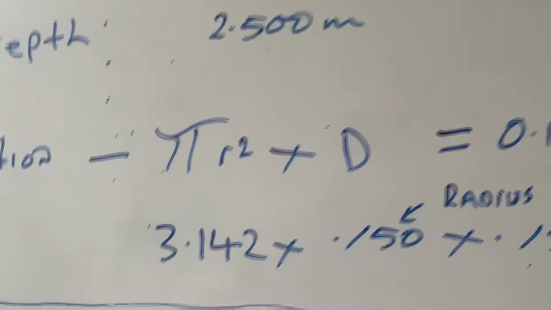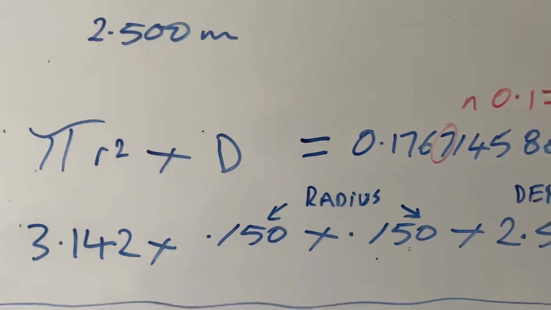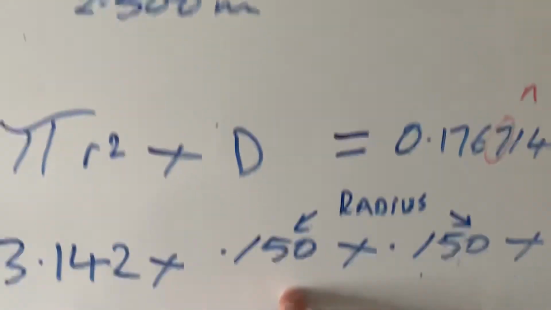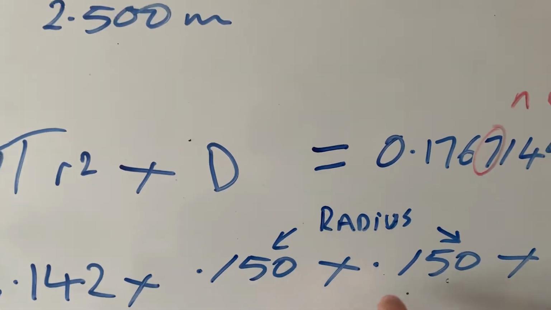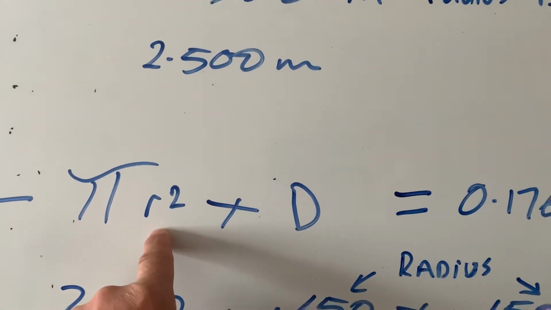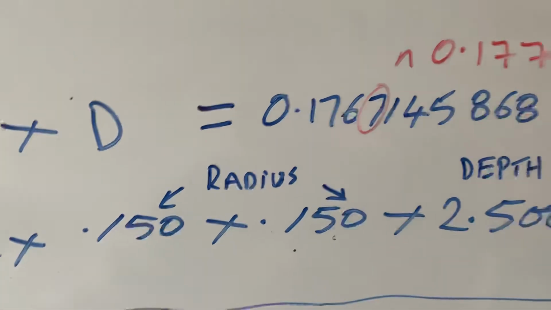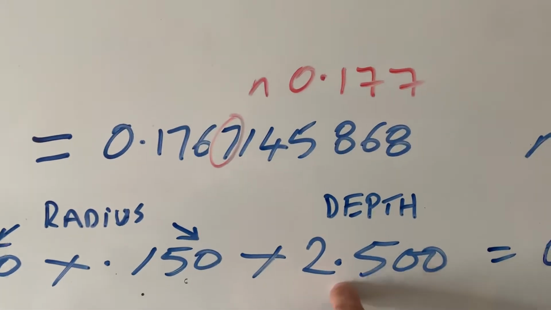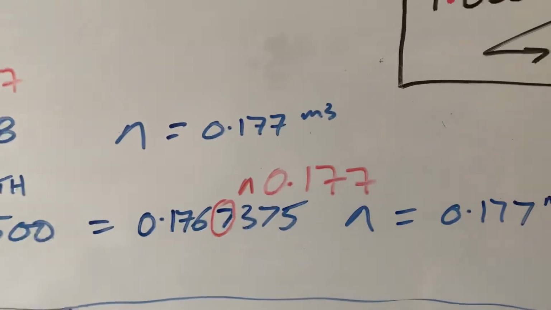So the other way we do it is 3.142 times 0.150 times 0.150. So what you're doing by timesing those numbers together, by timesing that number by itself, is you are taking that into effect. But you're not using a scientific calculator. All you're doing is timesing that number by itself. Times 2.5 again, which is the depth, and you should come up with this number,